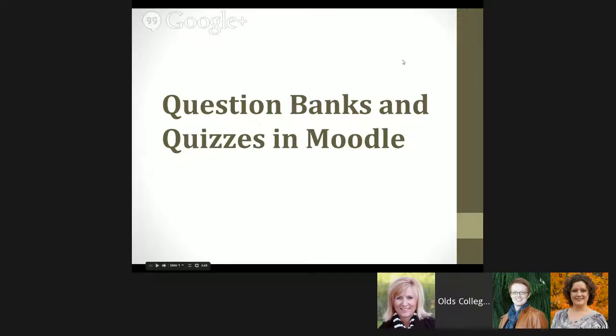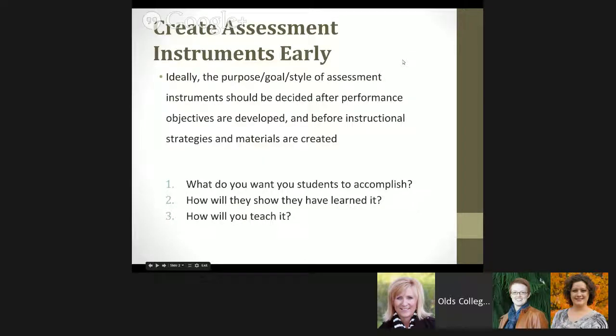Okay, just like when we talked about in the very first session about planning your course in Moodle, do your assessment instruments early. Your assessment instruments should almost be what you do before you even plan out your lectures and your PowerPoints, once you know the outcomes of your course. So if you have a competency profile that you're given for your course, or if you're using apprenticeship materials and you have that already laid out for you,